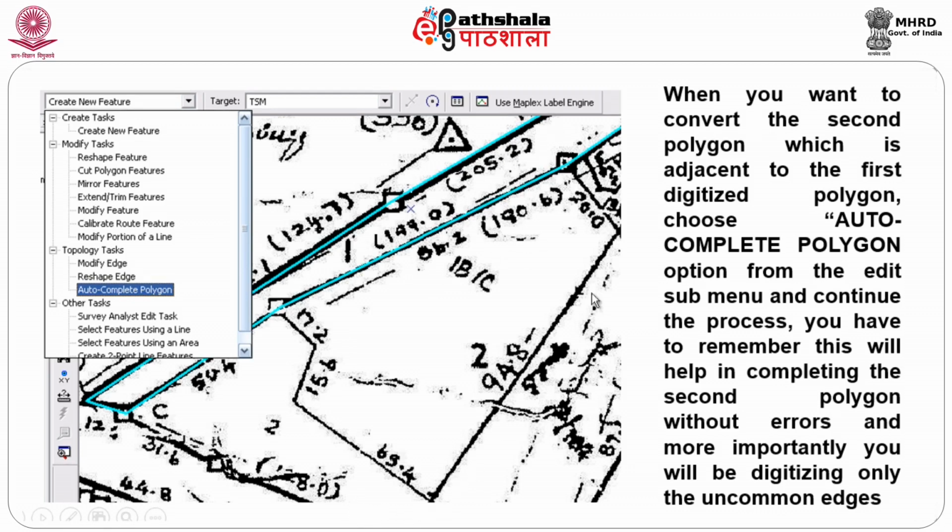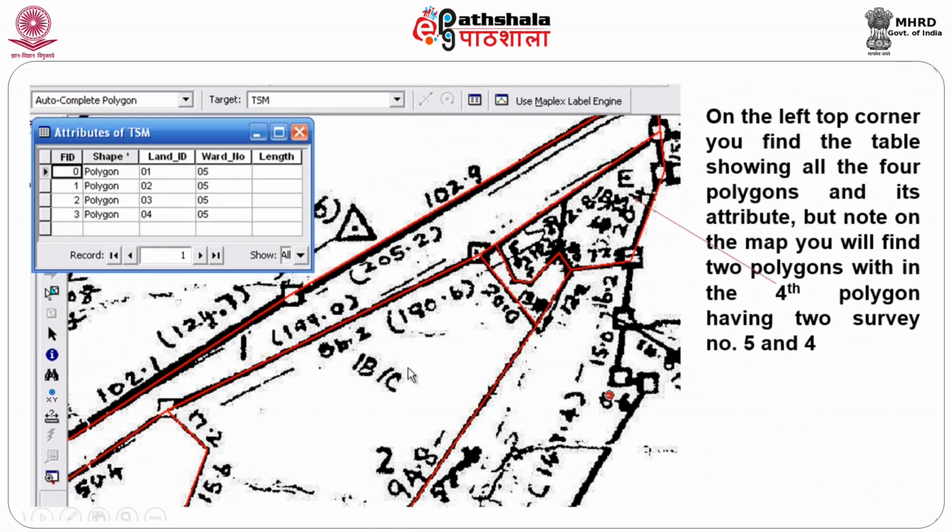This is one part. Now here you see, similarly I do various lines, but incidentally I also find in this particular polygon that two polygons are there. So what am I supposed to do? I am going to cut that into two parts.